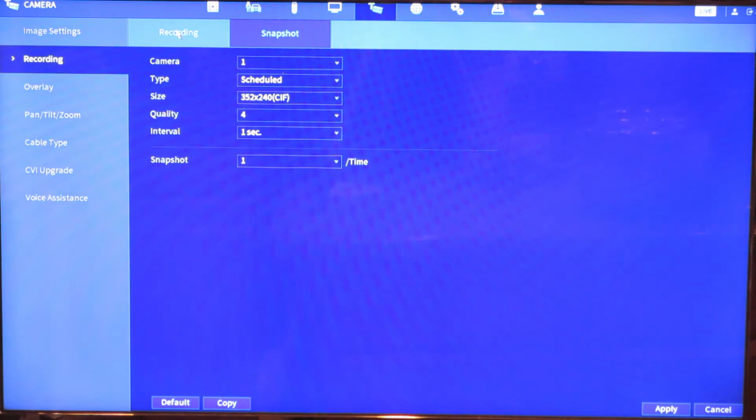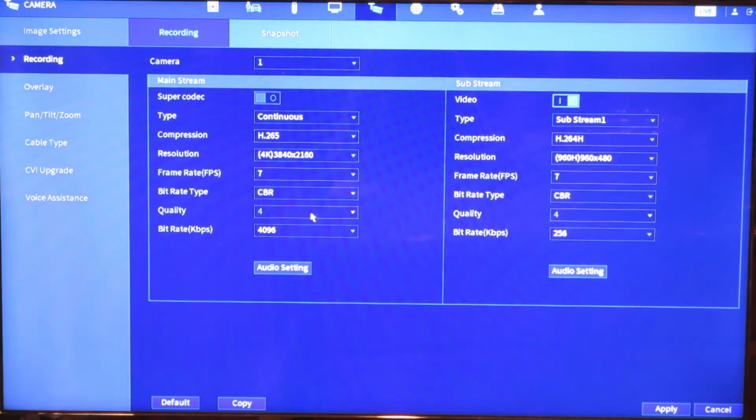Recording. This is where you set up how much you want to record a camera. Like these are all mostly 4K resolution, and I have the highest bit rate, which if you drop either of those or the frame rate per second, you'll get less quality video, but you'll be able to record more days. Like right now I can record like 6 or 7 days, but if you drop these things, as it's recording, it will cut back on space.